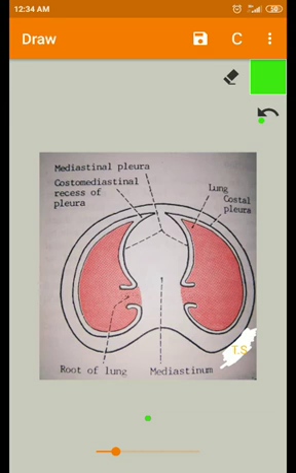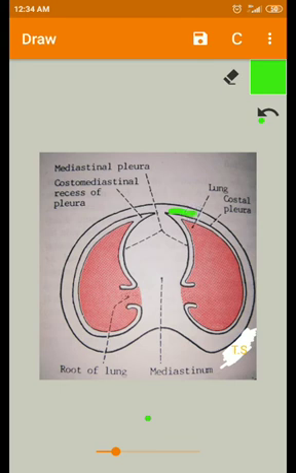In that lateral plate of the mesoderm, it is having one layer called the somatopleuric layer. So the parietal layer develops from the somatopleuric layer of the lateral plate of the mesoderm, and it is supplied